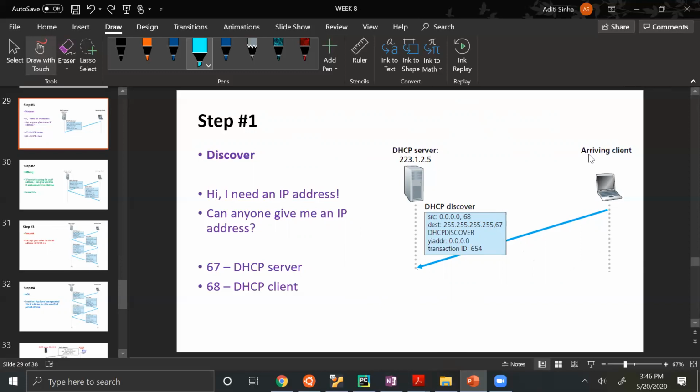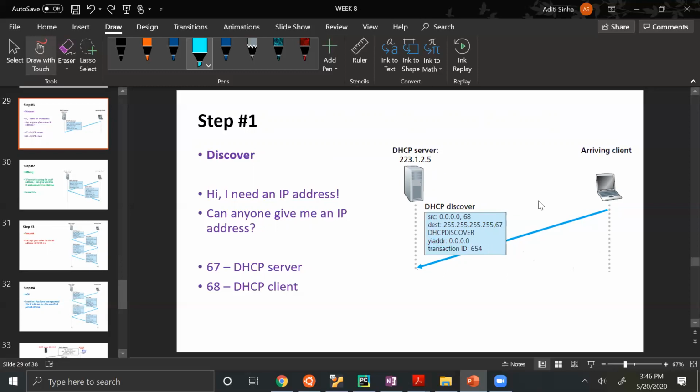And so any arriving client will write 67 as the port number in the transport layer header. And then there are 2 additional fields here, your address and transaction ID. The reason we need a transaction ID is that a single DHCP server might have multiple arriving clients at a time.